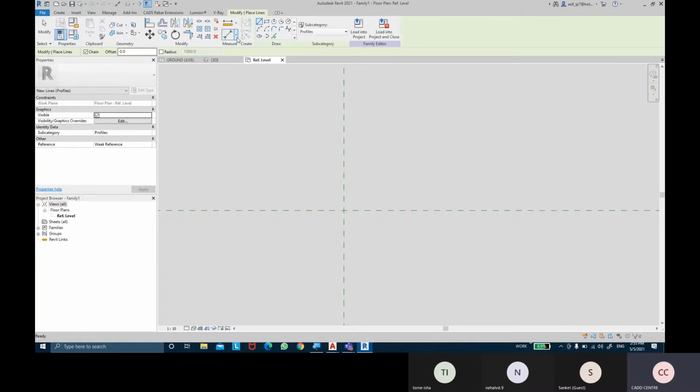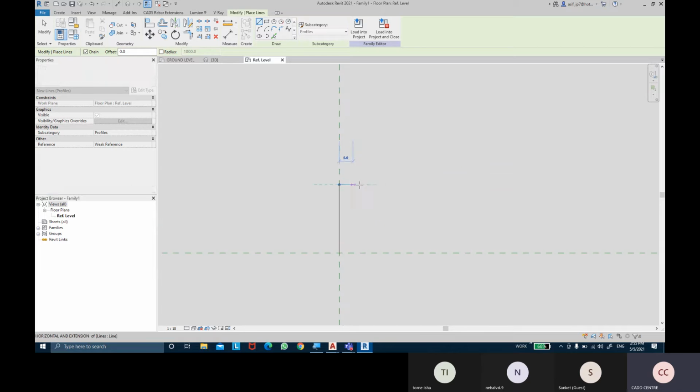When I take the line command, it tells me what type of line I want to draw. Suppose I'm going to draw a straight vertical line of a specific height. You can give a specific height as well. Let's say I'm going to give 25 mm, and a depth of, let's say, 10 mm, and I'm going to end it over here.